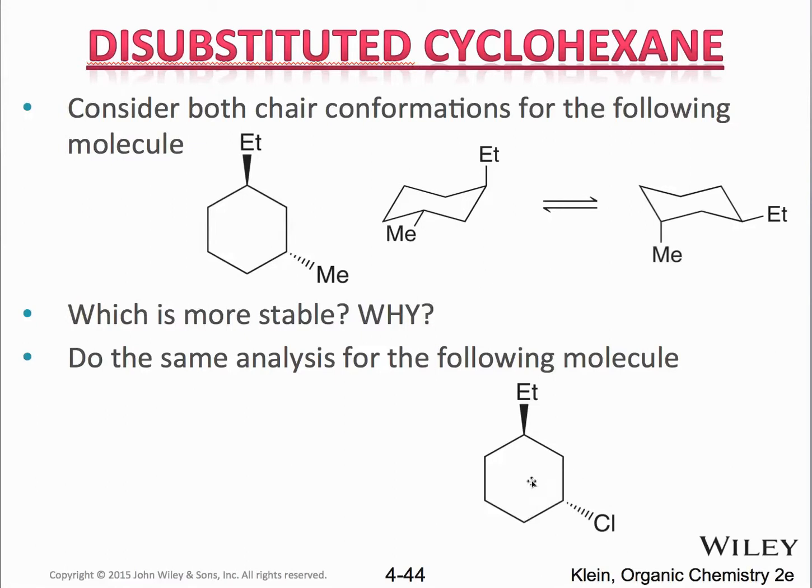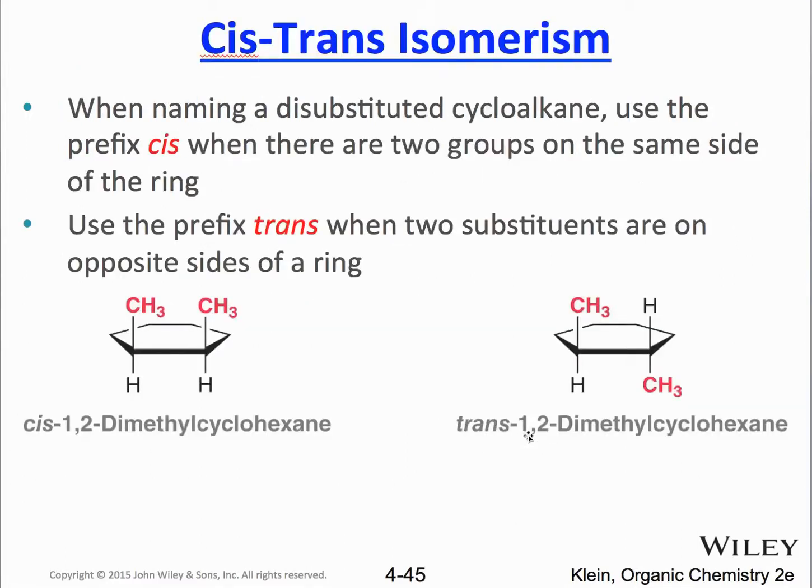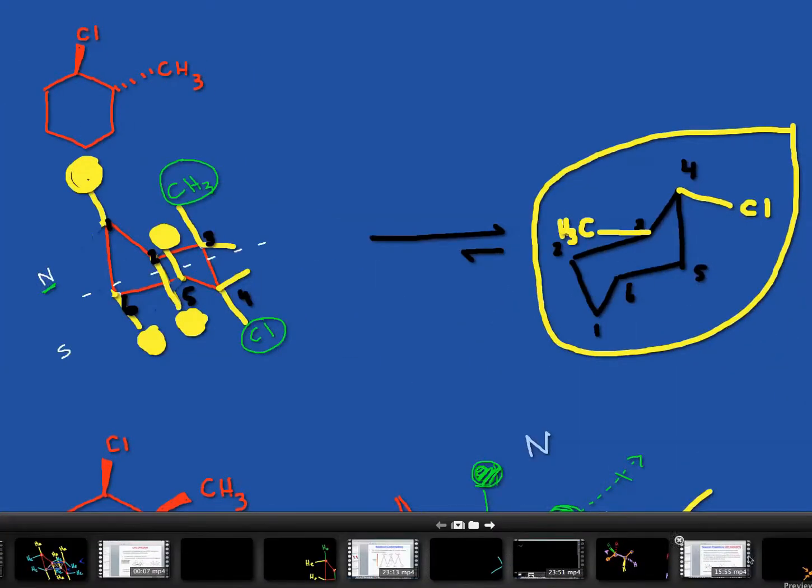And you'll see the same thing on this particular example. You want the ethyl group to be in the equatorial position, and with 1,3 trans, one has to be axial, one has to be equatorial. And I think that's where we need to go next. Let's take a look at 3 different scenarios where we have,